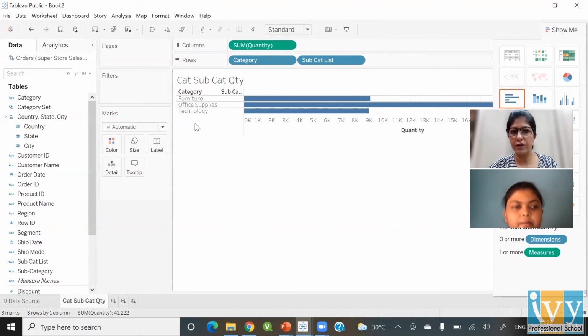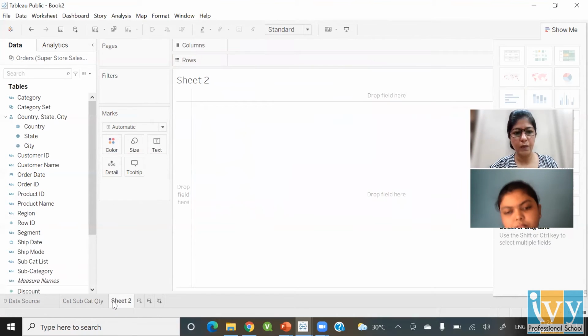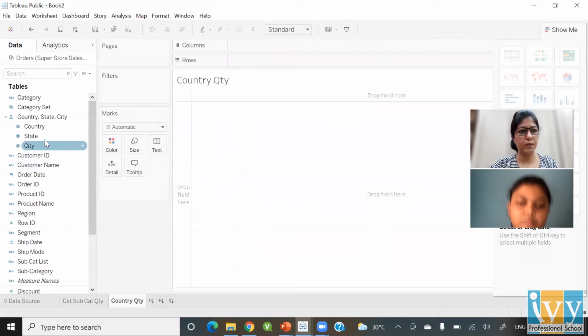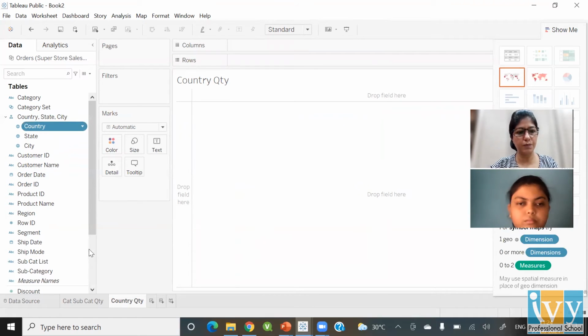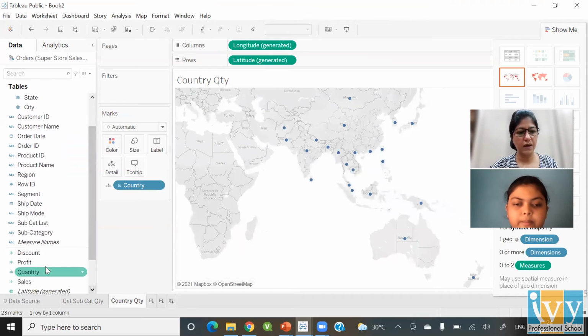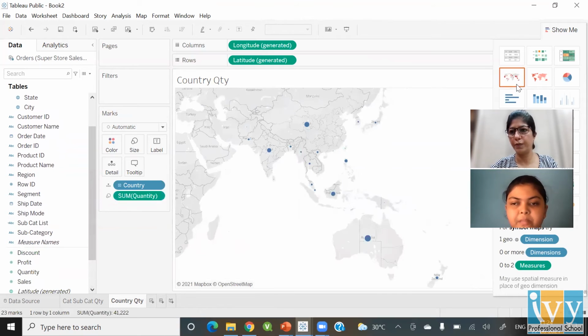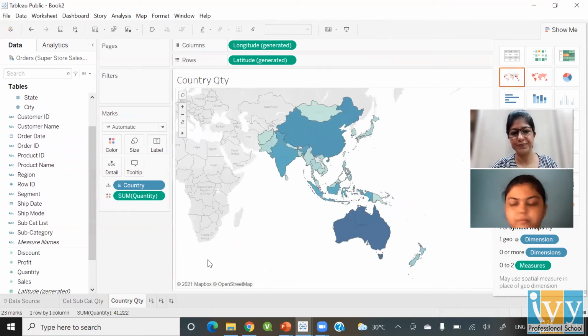Not selected anything, everything is blank, and it will remain like this. Let's also quickly put the country wise quantity, and we'll have countries. We can put quantity, and we're going to make a field map.